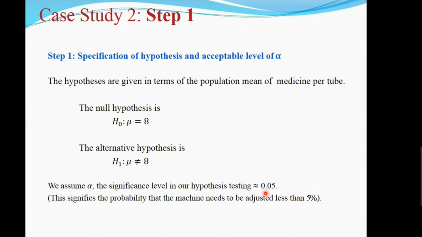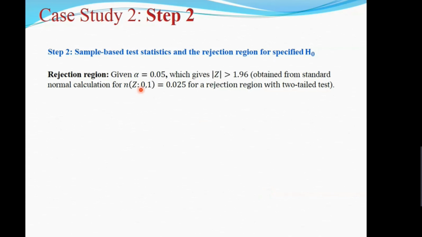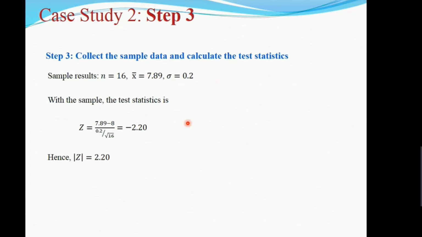If you do that, then what happens? I have already discussed how to read the table from the level of significance and degree of freedom. Degree of freedom is n-1, the sample size is 16, so n-1 is 15. So for 15 degrees of freedom and alpha 0.05 level of significance, we have to find the value from the table. So the tabulated value is 1.96. But we also have to find the z value from our sample, and we are going to find that through this formula.